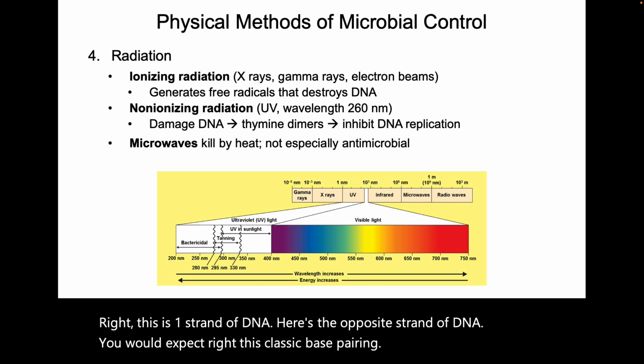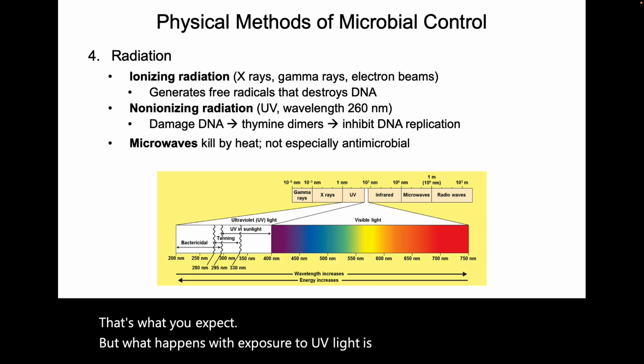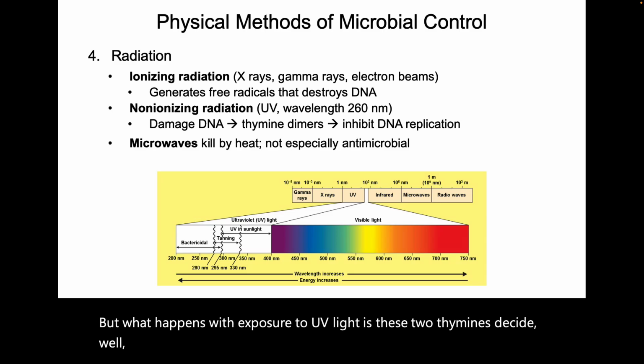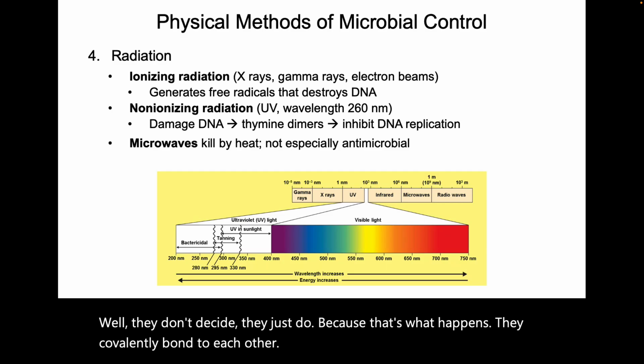That's what you expect. But what happens with exposure to UV light is these two thymines, well, they don't decide, they just do because that's what happens, covalently bond to each other and they stop binding across the way,